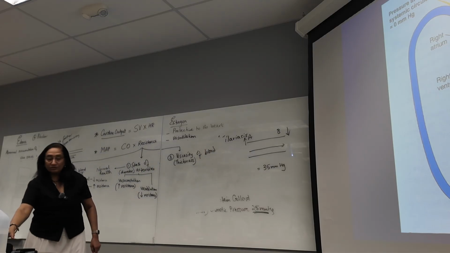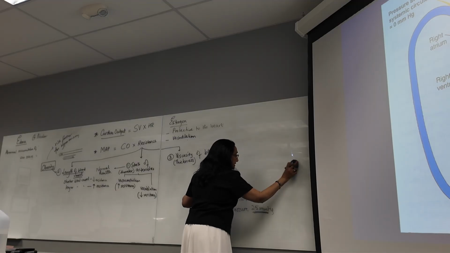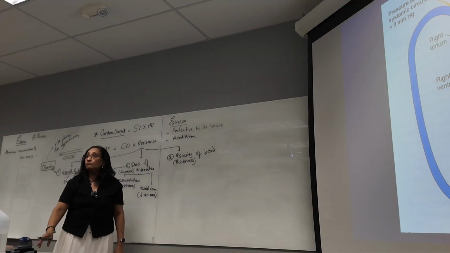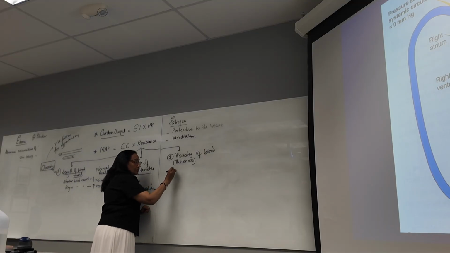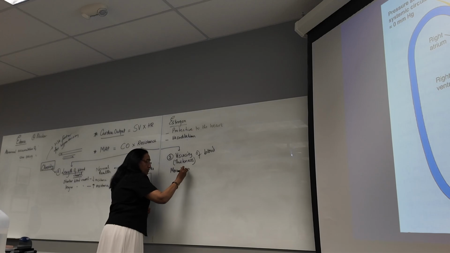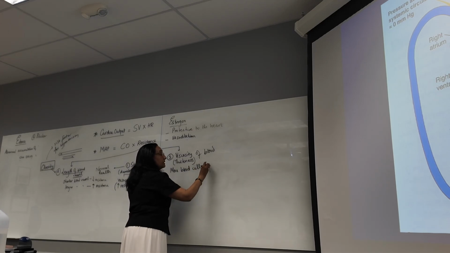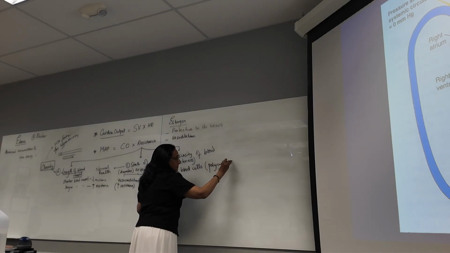You know that blood is made up of cells and plasma. So the moment you have more blood cells, for example, polycythemia, increased red blood cells,